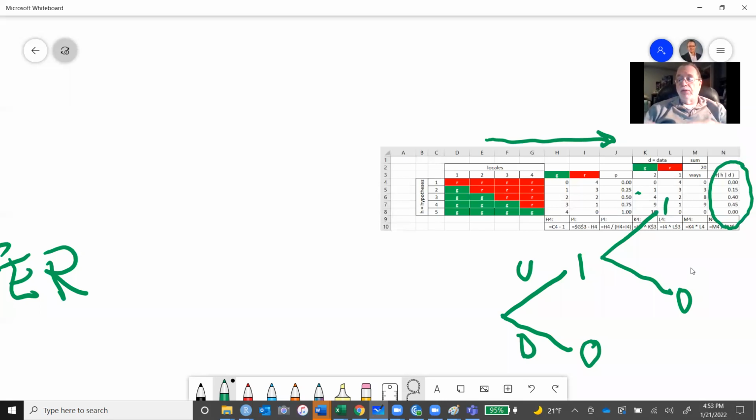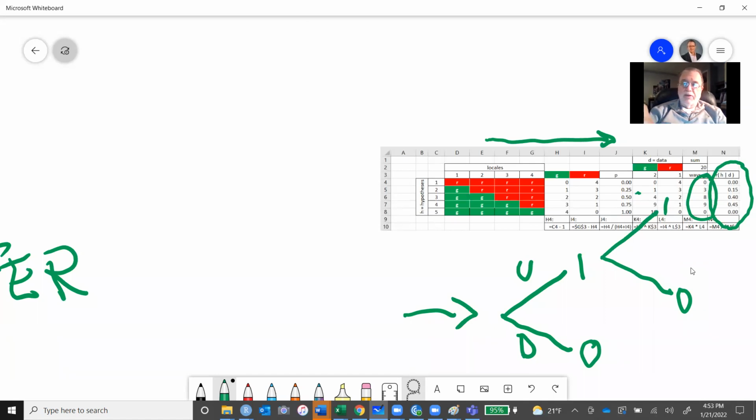What we're going to do in this lecture is replace part of this set of calculations. We're going to replace some of these calculations that we did here in the ways. We're going to replace those with a formula based upon this idea. And this comes from